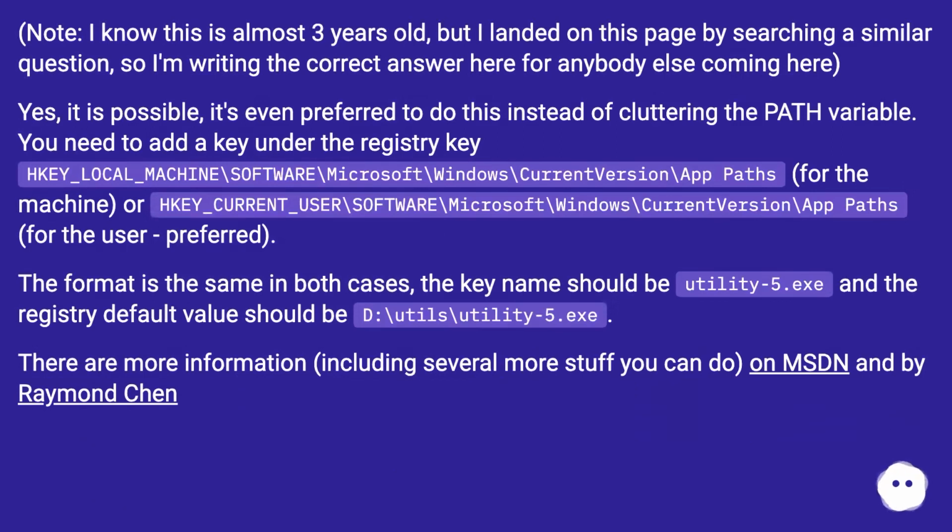Note, I know this is almost 3 years old, but I landed on this page by searching a similar question, so I'm writing the correct answer here for anybody else coming here. Yes, it is possible. It's even preferred to do this instead of cluttering the path variable. You need to add a key under the registry key